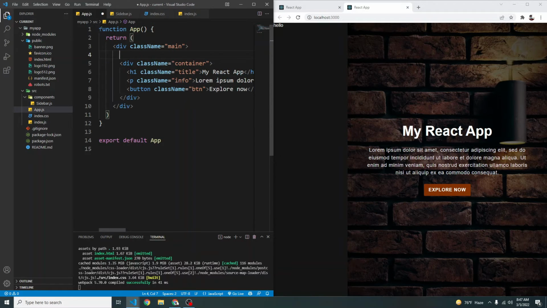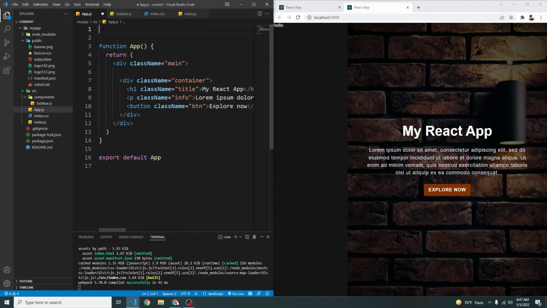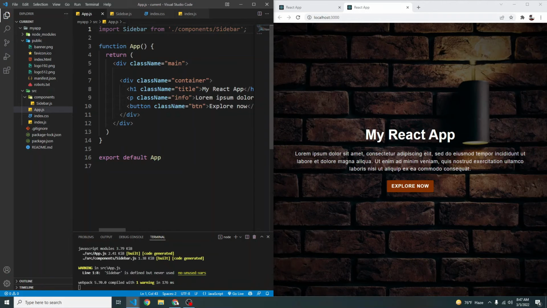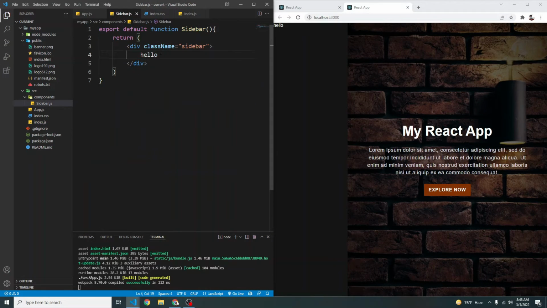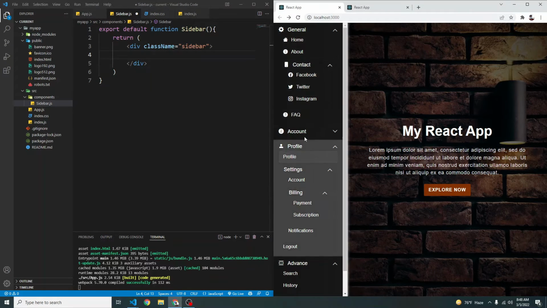Let's go here, and now we have to import our sidebar. So we are going to say import Sidebar from components/Sidebar, like so. So now we can use our sidebar here, so we can simply say Sidebar, and here is our sidebar again. Okay, inside the sidebar we're going to have a sidebar item. So each of these here will be an item.